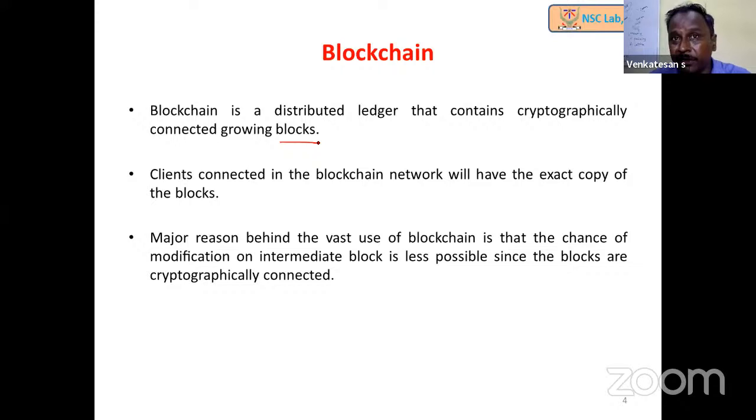However, the blockchain is going to bring the distributed ledger as well as ensure the integrity of the data. The integrity is brought because the blockchain is a sequence of blocks, and the blocks are connected with one another cryptographically. So if we have to change a block, it is necessary to change another block, and because that block is changed, we have to change yet another block. So this will keep on going. And I hope my slides are visible.